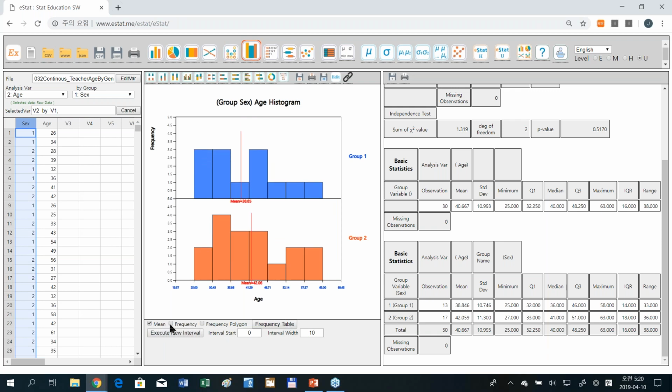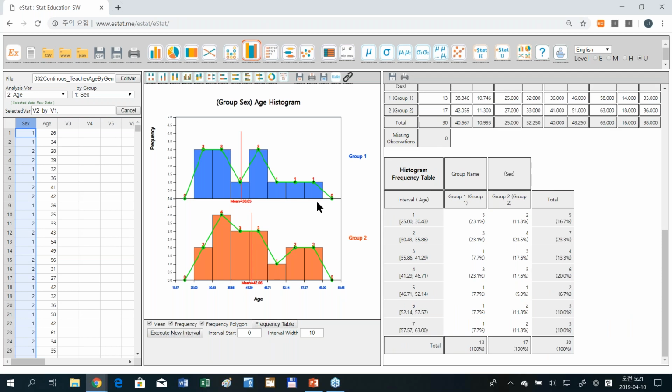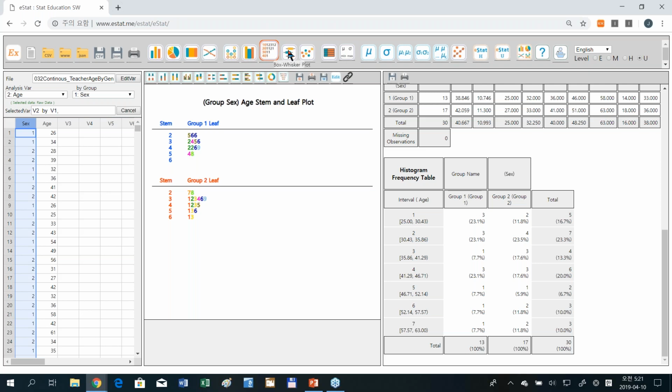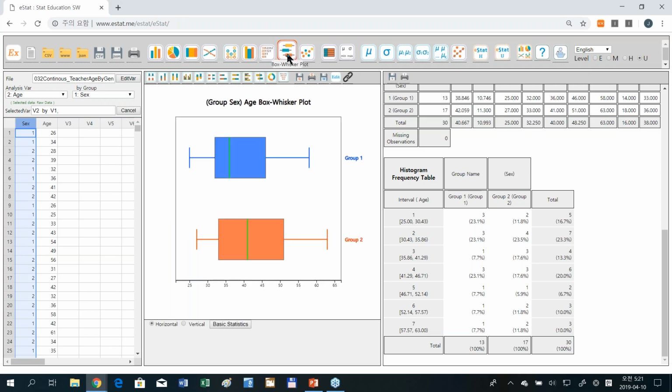You can select this kind of frequency polygon, which is in the textbook in Korea. Also, you can have a frequency table related to this histogram. You can switch the interval, whatever you like. Also, you can have a stem and leaf plot, box plot, and so on.